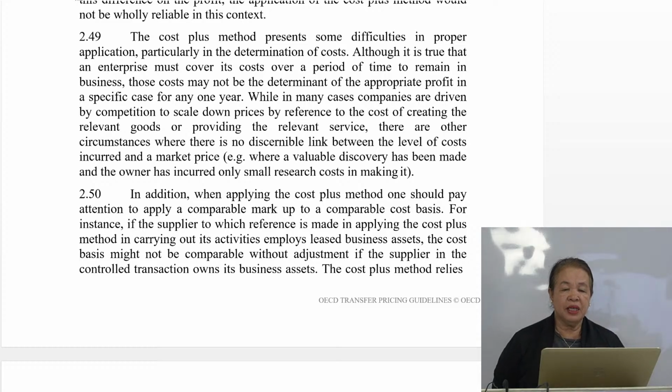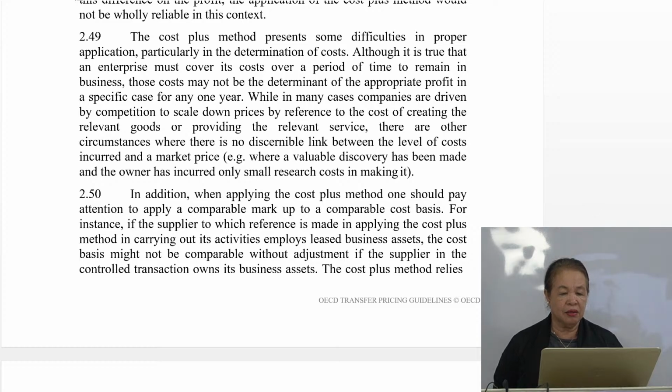So, while in many cases companies are driven by competition to scale down prices by reference to the cost of creating the relevant goods or providing the relevant service. No? So there are other circumstances where there is no discernible link between the level of cost incurred and a market price. No? Where a valuable discovery has been made and the owner has incurred only small research cost in